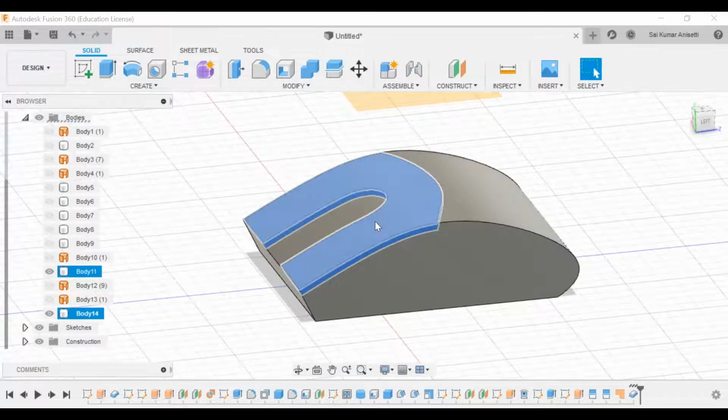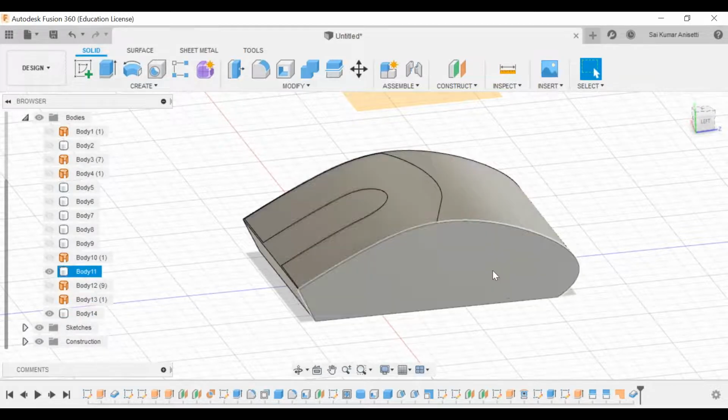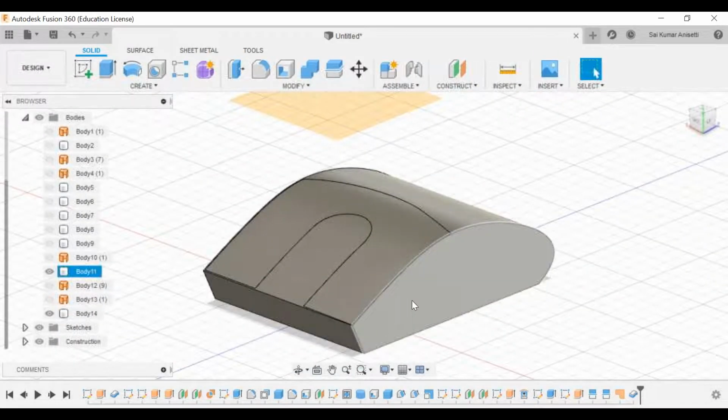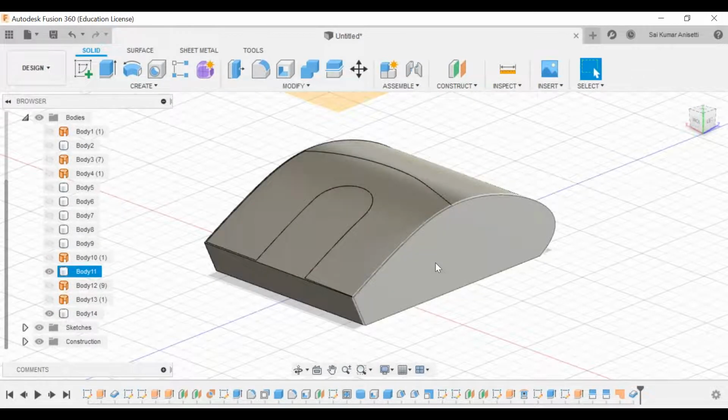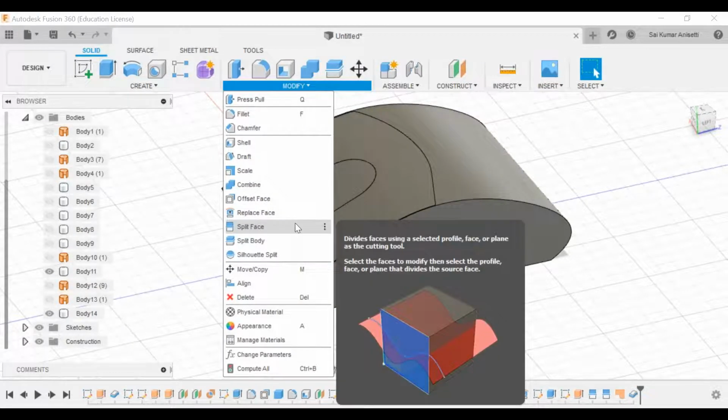See that even a simple mouse, this is a plastic structure, but in order to design that it takes quite a lot of understanding and a lot of steps to actually model your mouse, because that is surface modeling. That is why surface modeling is really tough, and that is how your automobile design is really tough. So that is how you get your split surface, split into two different bodies. With the split face command, you can simply split your faces into two equal halves and do whatever you want. I have just shown an example of how to split your faces.